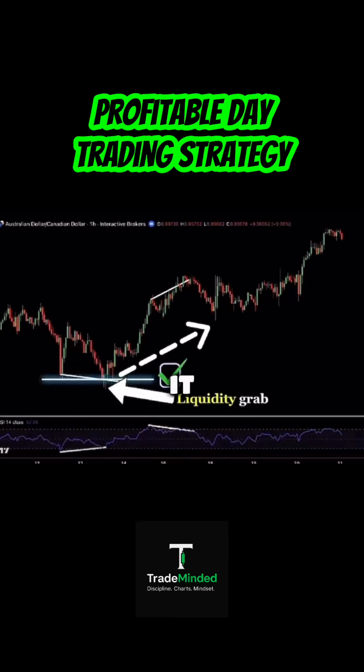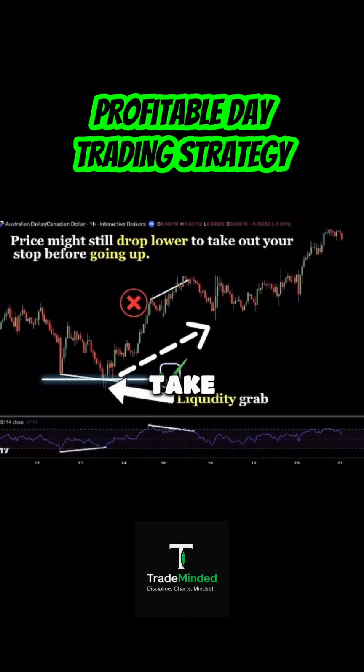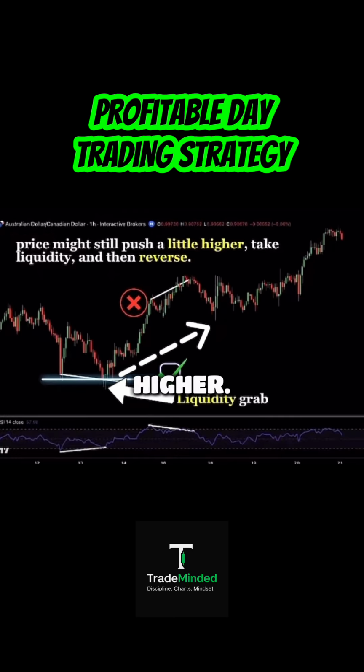In other words, it hunts the stop losses of retail traders who enter too early. That's why if you buy just because you see a bullish divergence, price might still drop lower to take out your stop before going up. And if you sell just because you see a bearish divergence, price might still push a little higher, take liquidity,